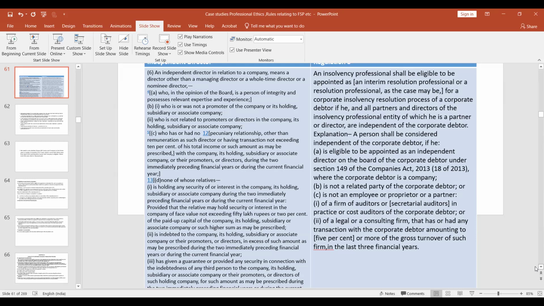Let me just open the insolvency resolution process for personal guarantors to corporate debtors regulations. Okay. So here I am reading from regulation number 4, eligibility of resolution professional. So there also it says he has to disclose the audit fees. That's it, sir. To the committee of creditors, what is his remuneration from the audit during the last 3 years? That has to be disclosed.